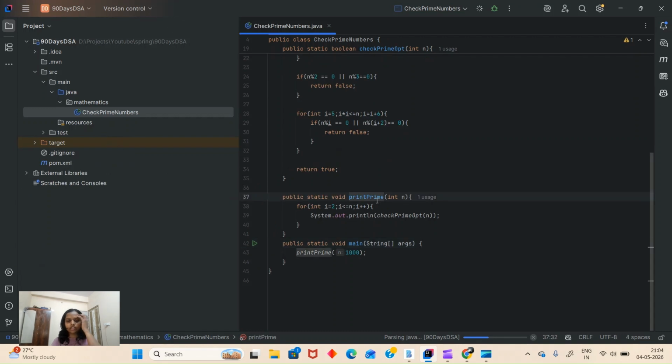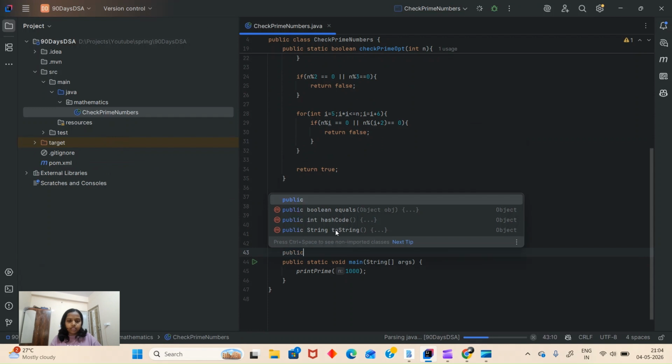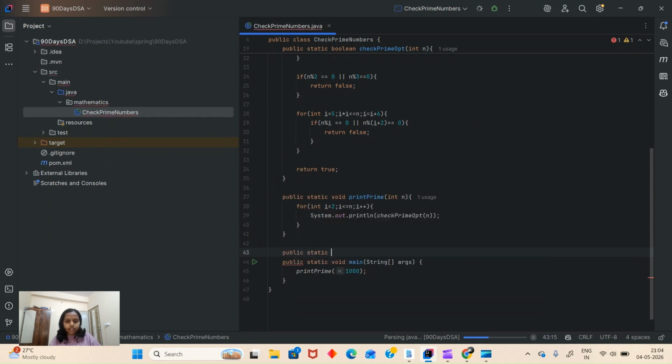Till that time, let's write that code as public static void, with int n as a parameter.